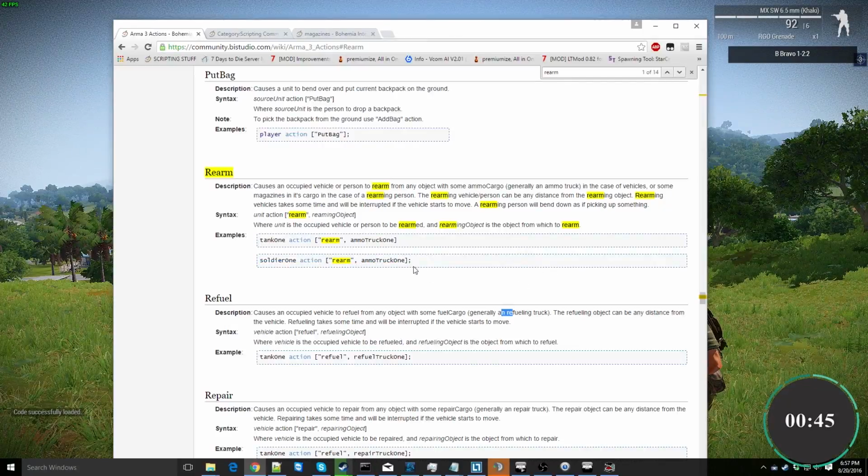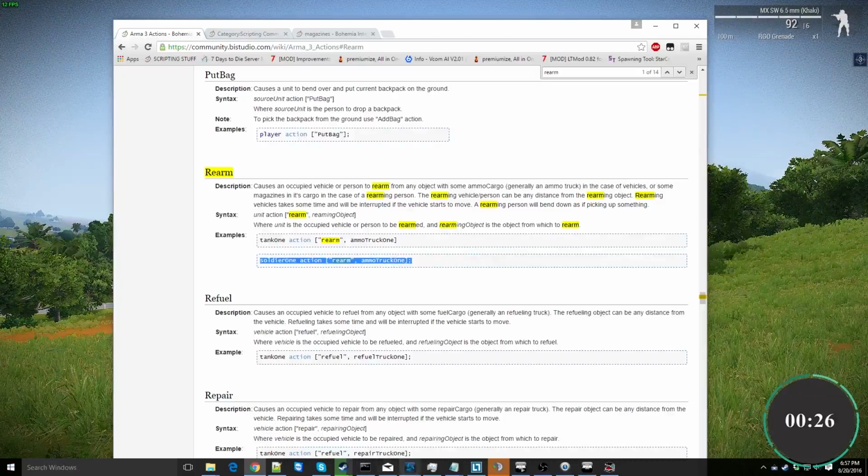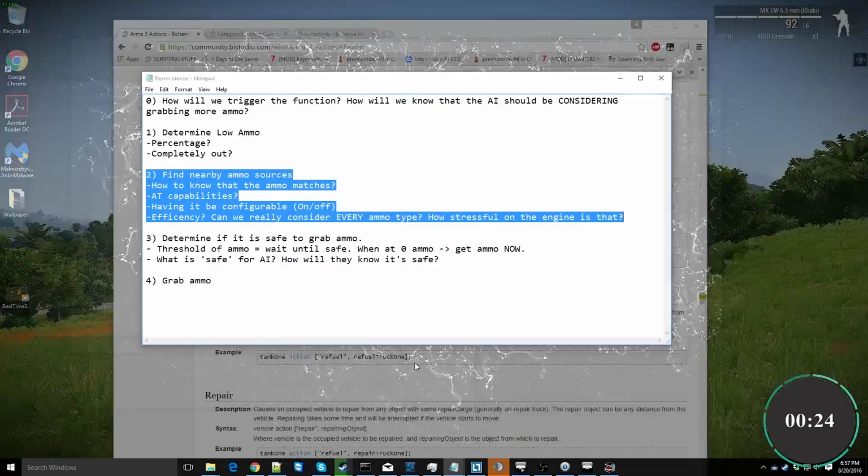So now what we can do is, well, I can take this. This actually works really well to get them to rearm. What I need to do is a do move, waypoint, do move command, get them to move to the box. Once they're a meter within the box, then they can do the action. There's a lot of problems there, so now it's a lot of problems here. So now we open this up here. So we have